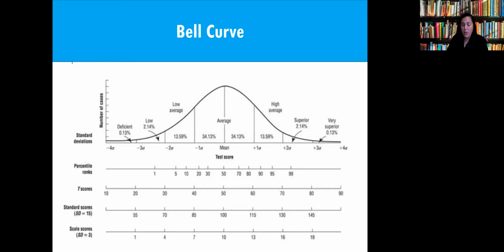So being able to conceptualize the information you see in reports in this manner helps you to understand that, beyond just the number, what that number should be representing is that an individual either does very well in this area or very poorly in this area. We're heading in the opposite direction. So if you see a 77, if you see a 69, sometimes they all just look like numbers. And again, we don't understand where they're supposed to fall, what that's supposed to mean for us. 85s. What that's telling you is that your individual that you're working with, their ability in that area, was moving in a positive trajectory from the mean, which is most people, or in a negative trajectory.